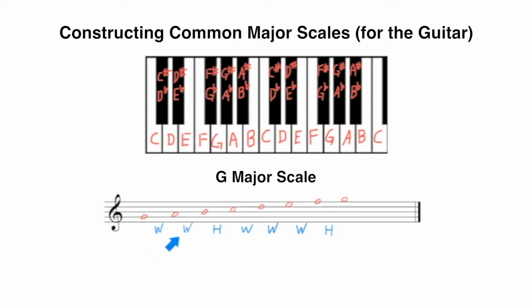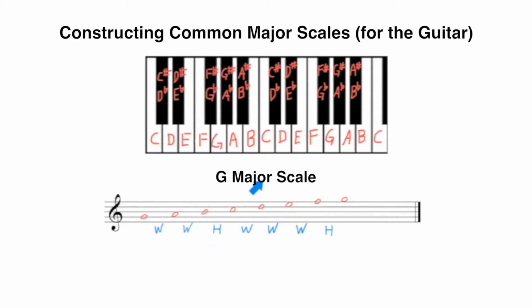We have the same situation with A to B. A moves up a half step to a black key, and then another half step to B, making A to B a whole step. From B to C, there is no black key, so B to C is a half step, so no change is necessary here.